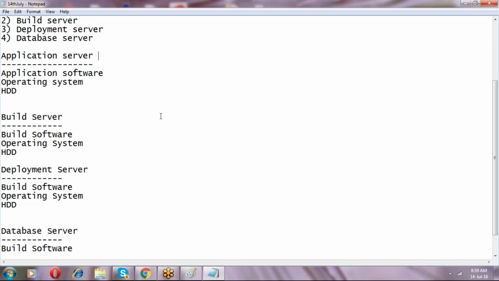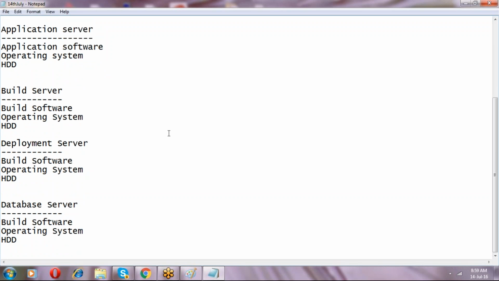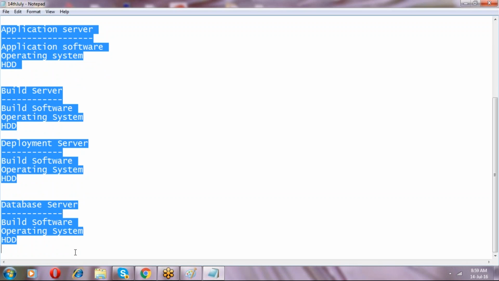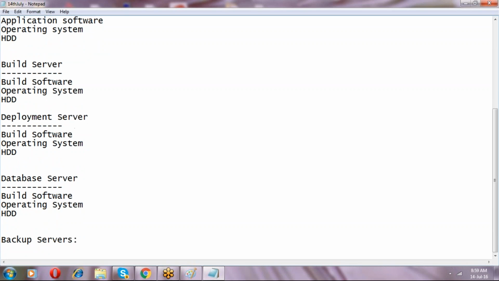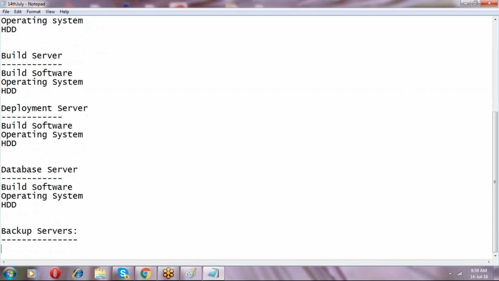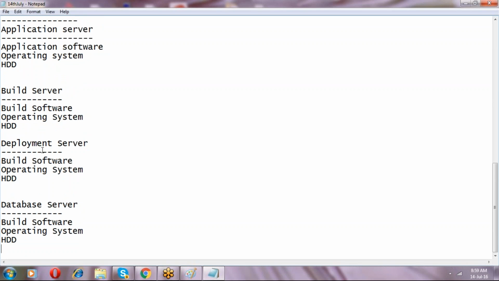Okay, so these are the mainline servers. And then we need a backup server for all these machines. Again, the backup servers need application software, and then the operating system, and then the hard disk.